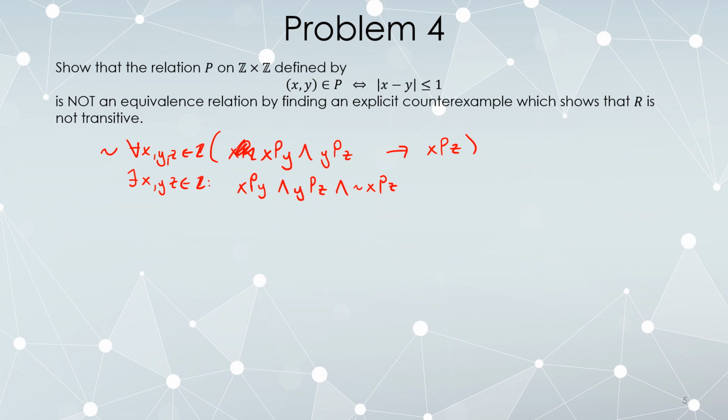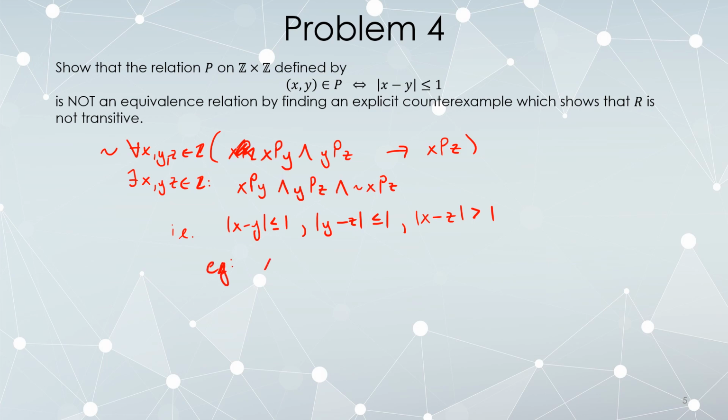So what we want is the absolute value of x minus y should be less than or equal to 1. The absolute value of y minus z should be less than or equal to 1, but the absolute value of x minus z is not less than or equal to 1. In other words, it's bigger than 1. And this becomes fairly apparent once you remember that the absolute value of the difference between two numbers is the distance between them. So can we think of integers x, y, and z, so that x is distance 1 away from y is distance 1 away from z, but x is more than distance 1 away from z? Yeah,